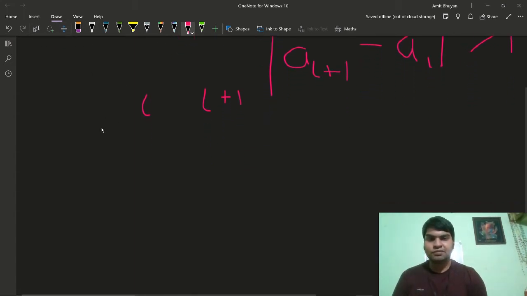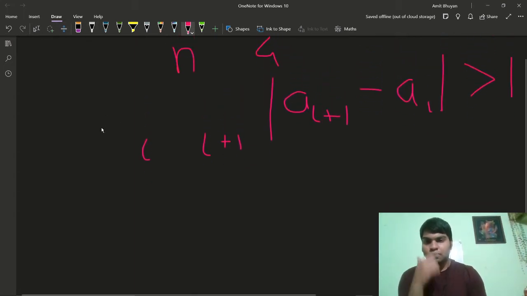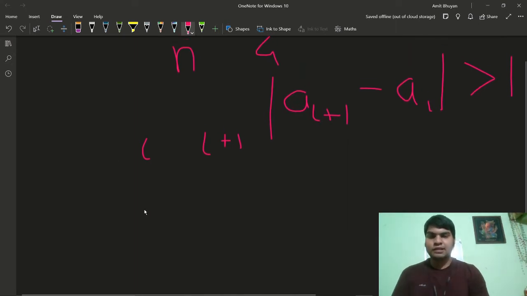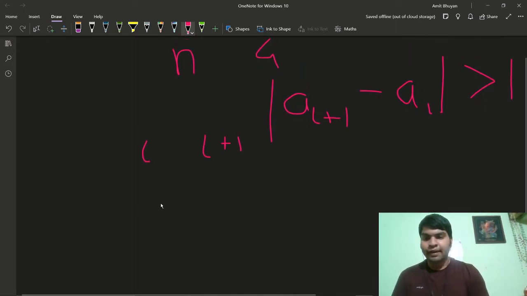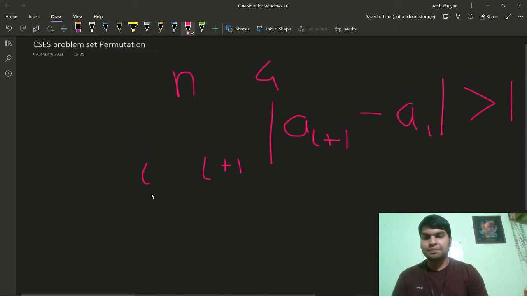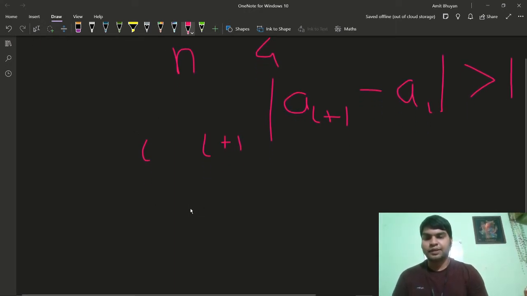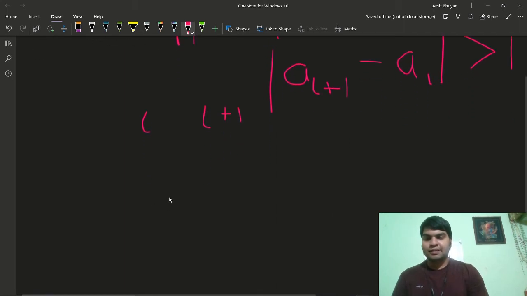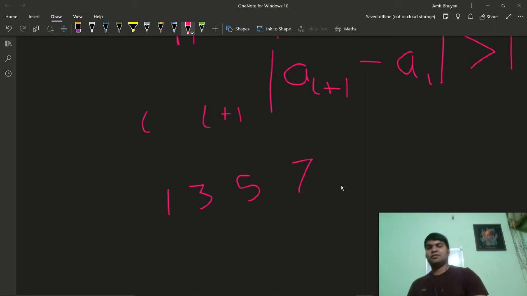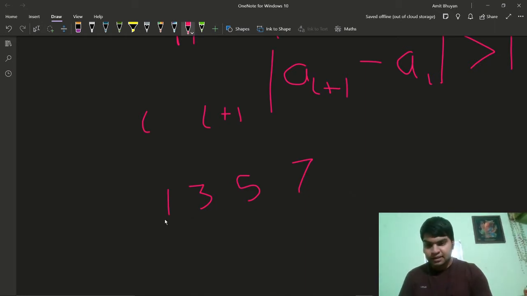Now see what you can do. One basic observation is that if you keep printing the elements with a difference of 2, like you print 1, then 3, then 5, then 7, the difference between every element will be equal to 2.